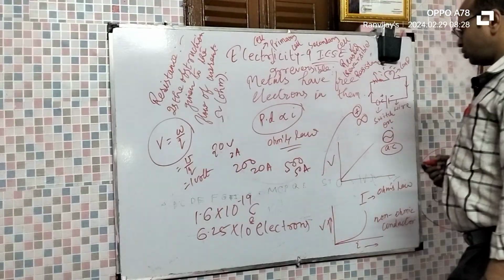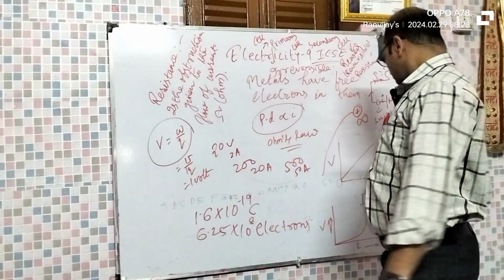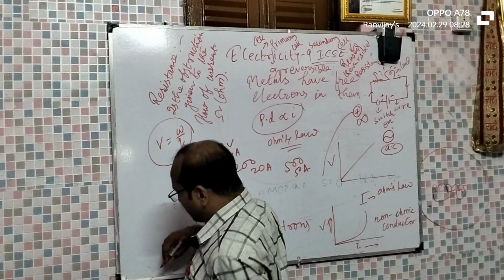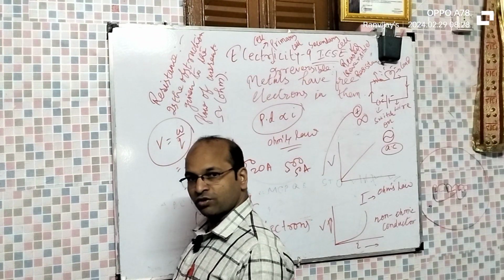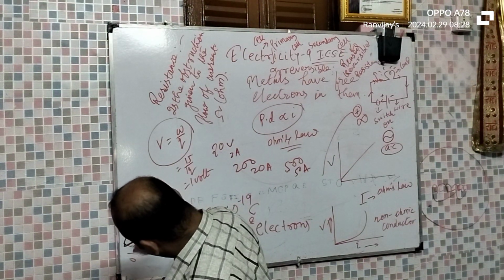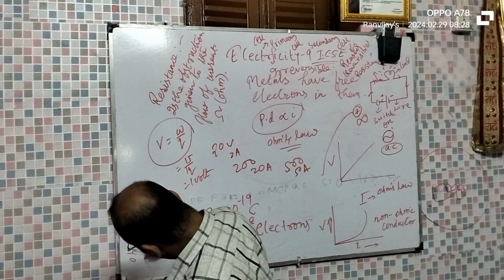Okay. So basically what is Ohm's law? Now they may ask you what are the limitations of Ohm's law. So in case of Ohm's law, the temperature has to be constant. If the temperature is not constant, then Ohm's law will not be followed. So what is Ohm's law? Ohm's law states that temperature remaining constant,